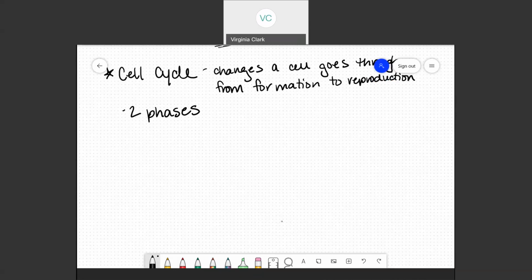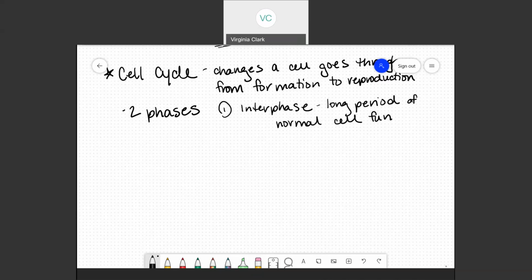Phase 1 is called interphase. Interphase is going to be the long period of normal cell function. So this is you just doing life. You are doing everything that you need to do as a cell in order to do the functions of the overall body. So interphase is just normal everyday life. And then it will go through a phase that is going to be called cell division. And cell division will actually divide the cell,